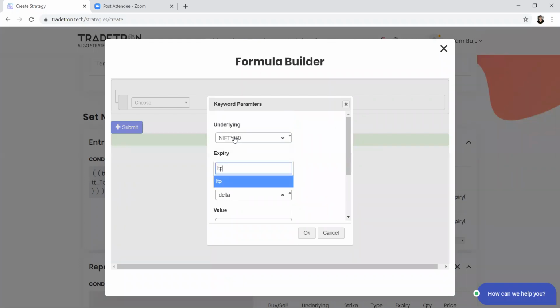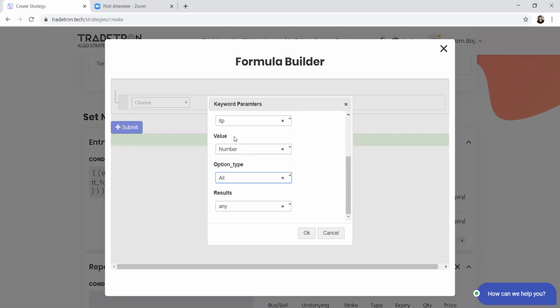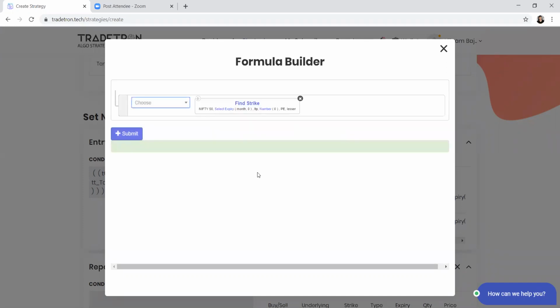Here we want to select it based on LTP. So I'll select LTP as the field, and the LTP will come from a number keyword. Option type is put, and whether you want to select a strike which is lesser than the given LTP or greater than, you can select that as well. If I select lesser, then it will select a strike which is less than 100 but nearest to 100.